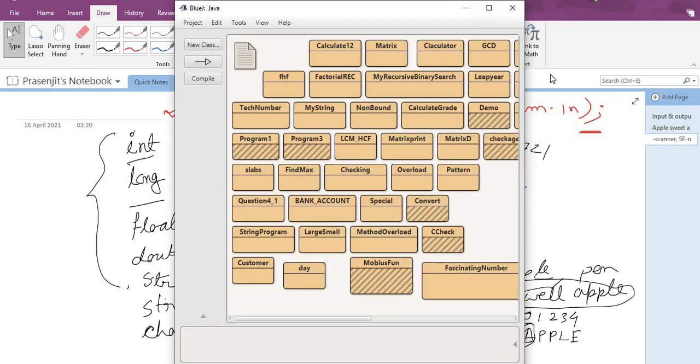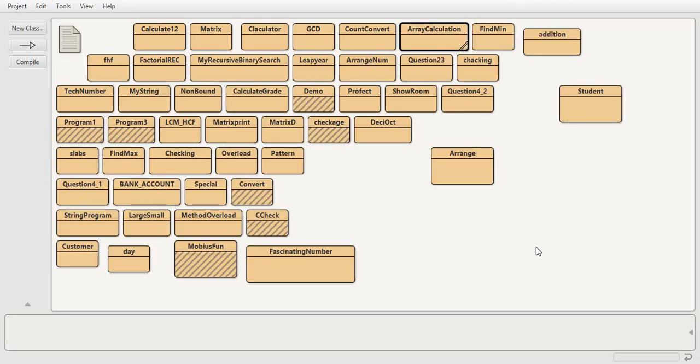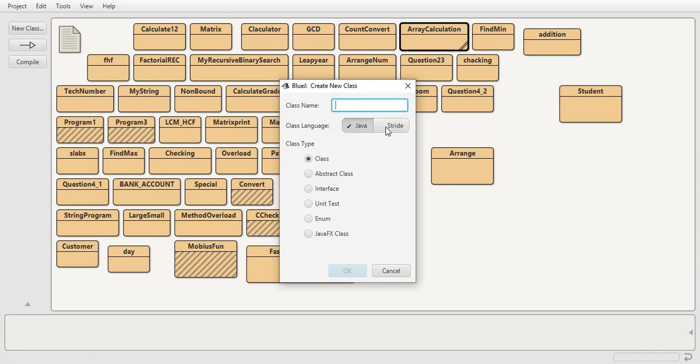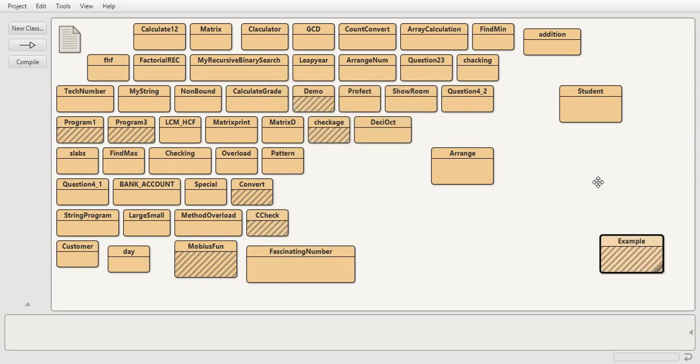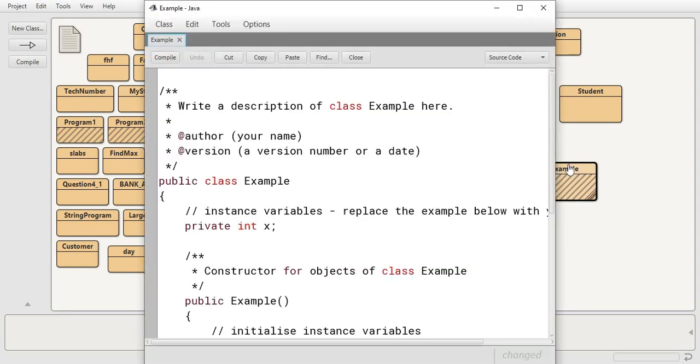You can see many programs are written over here. So I am writing another class. You can click here, choose the Java class, then write the class name. I am writing example. You can see example is created. I am changing the position, double click and it will open.